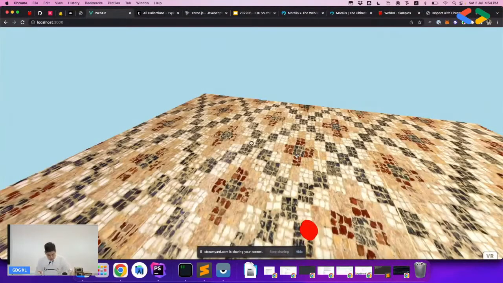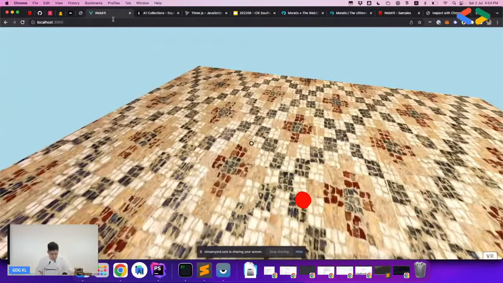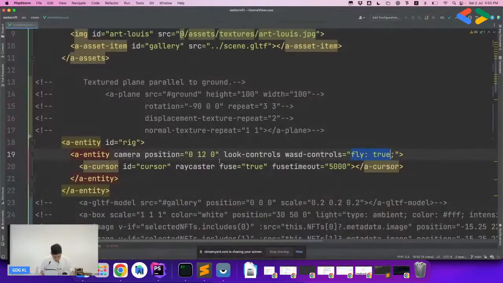Okay, so very close to our art gallery now. For an art gallery, you need to have a beautiful object, lights, canvas, the frame and whatnot. So there's a lot of things to do. So I have like, what, 20 minutes now? Okay, so what we're going to do is that,